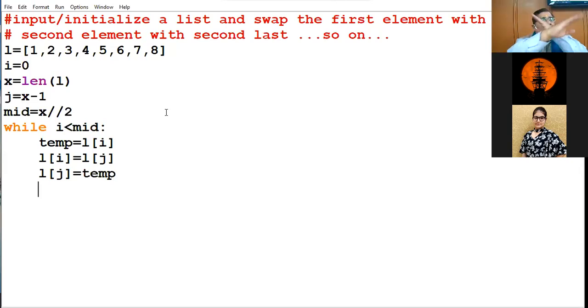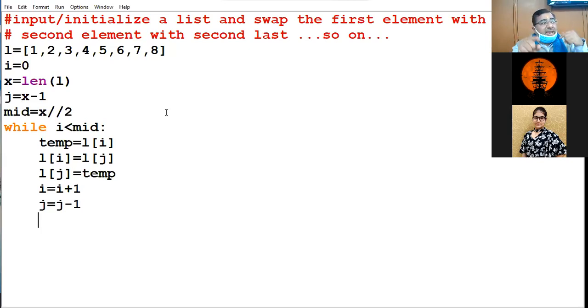Now we are to show the movement of i also. Two elements have been swapped. What about the other elements? For other elements, I will move in front. i is coming ahead, j is coming at the back. Am I clear? Now tell me the current value of i after the increment. 1.